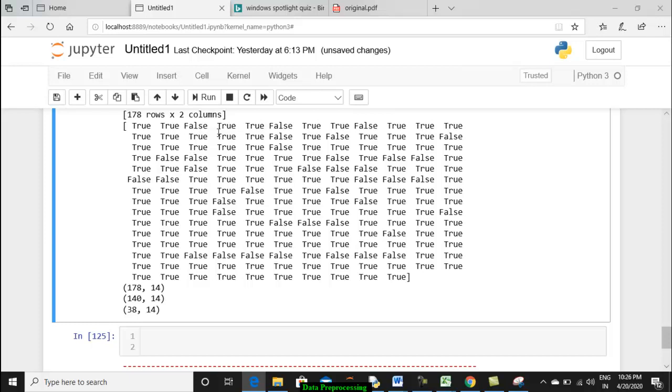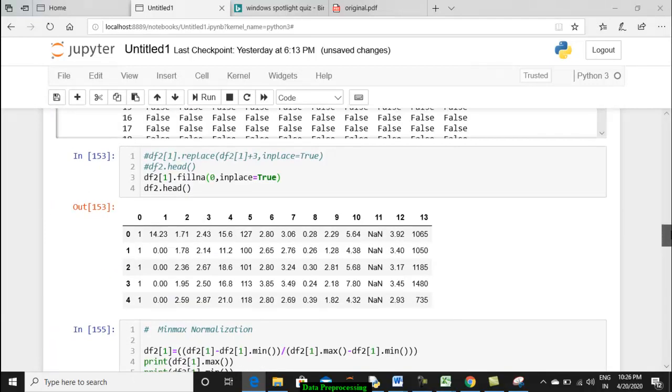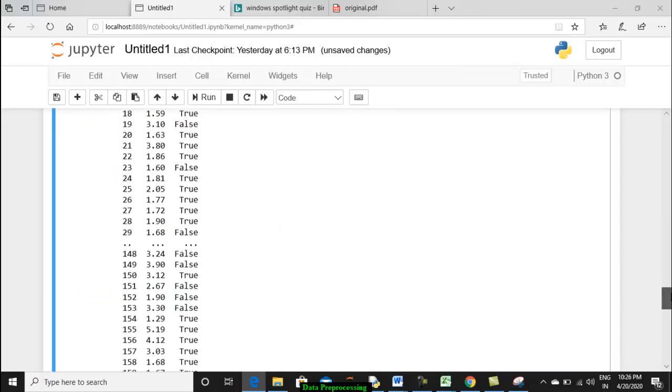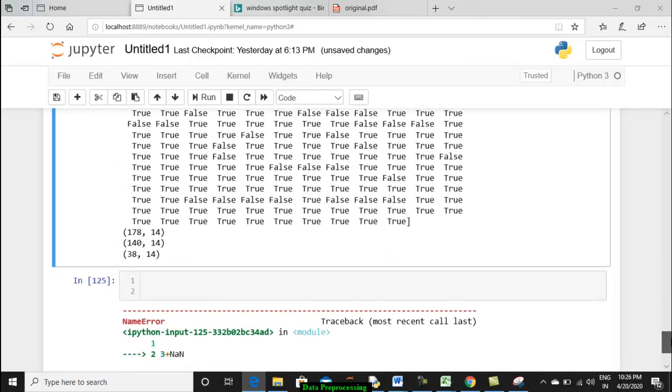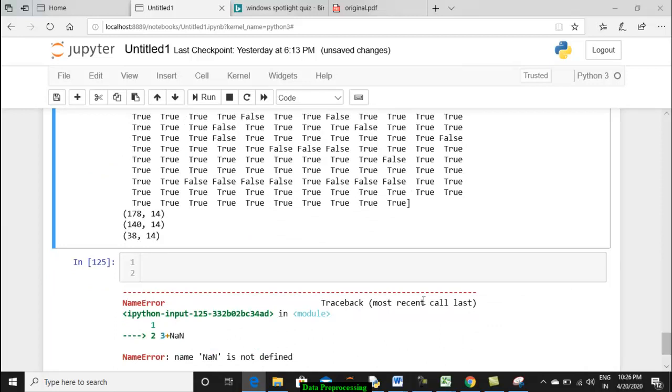Actually, the third value is false, right? So what is the third row? The third row has 1.95 as the value in the attribute column indexed with 2. So that should go in the test set, right? So I'll just print test.